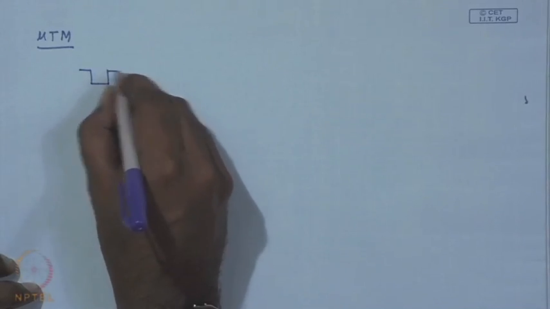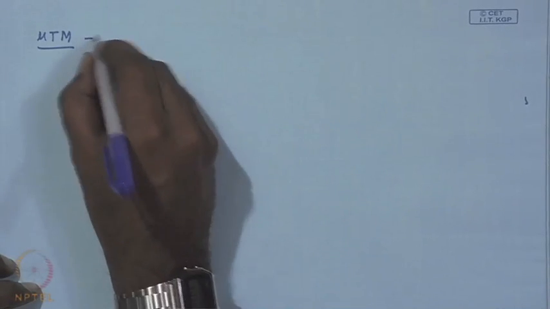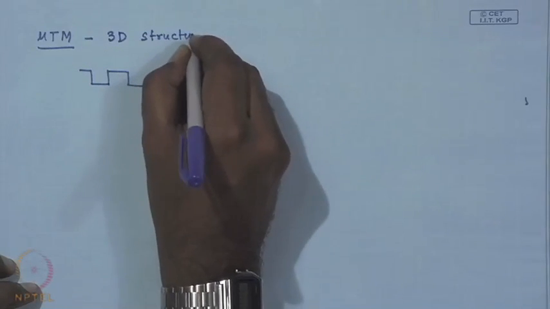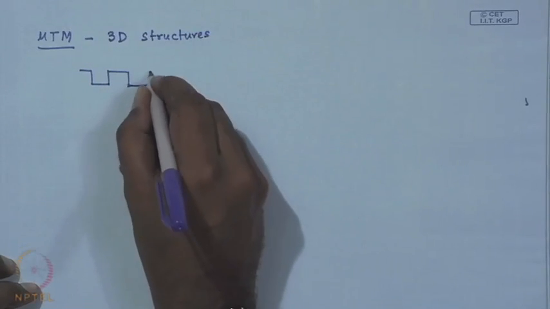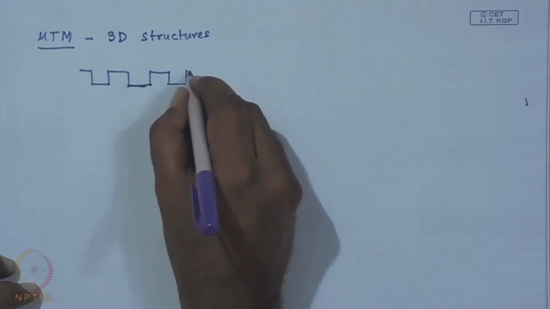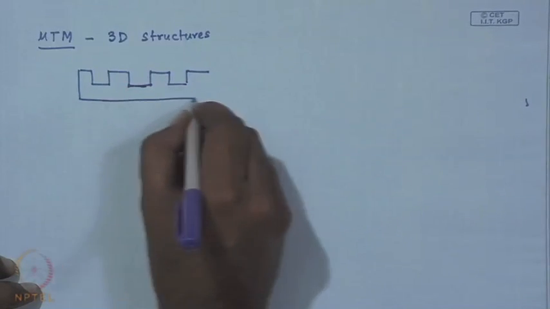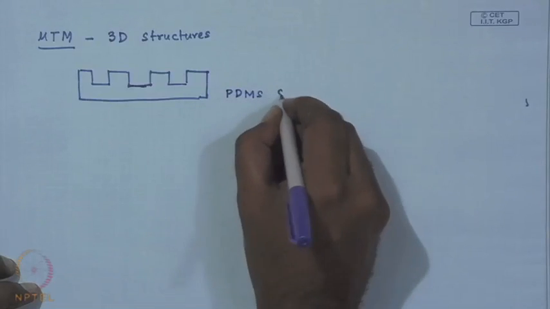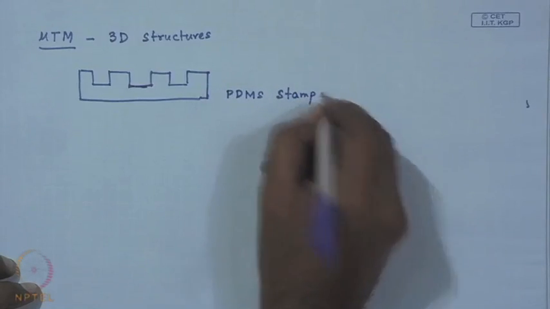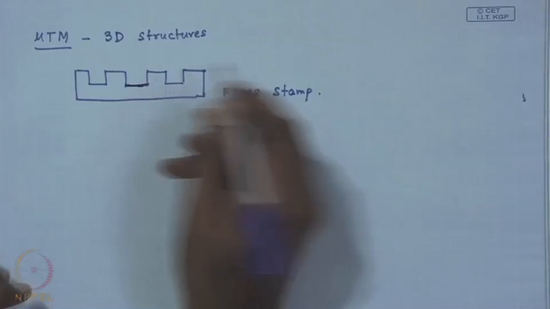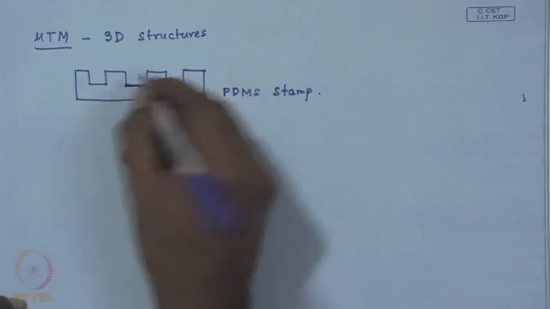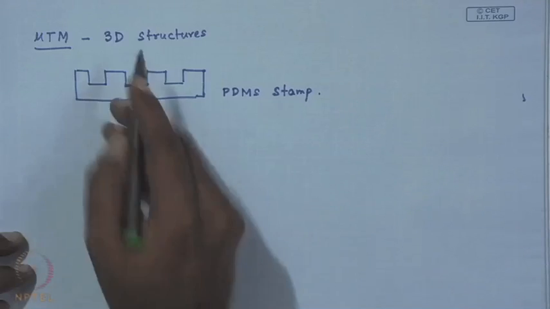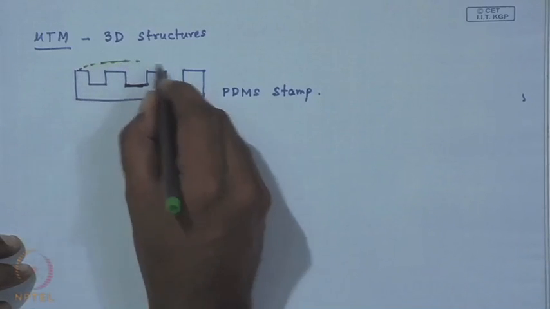All you do is you initially take a PDMS stamp, and coat it or dispense a liquid pre-polymer. We have already talked about pre-polymer in case of SFIL. So, it is not fully polymerized. You dispense a pre-polymer,